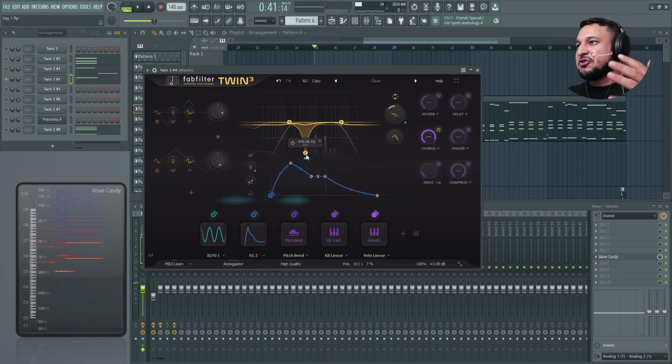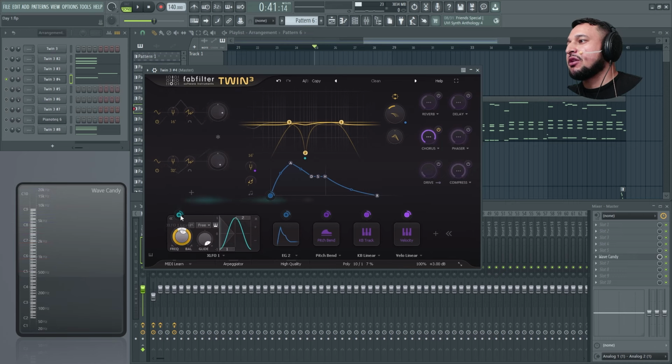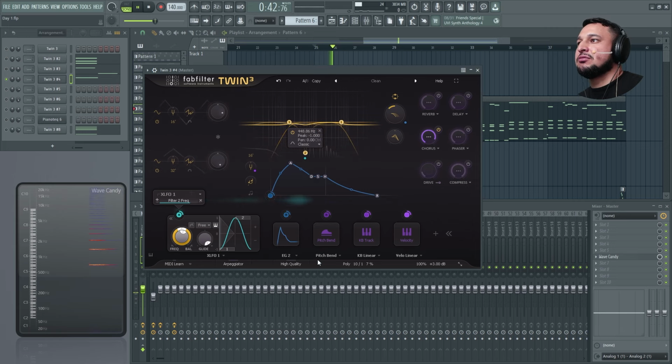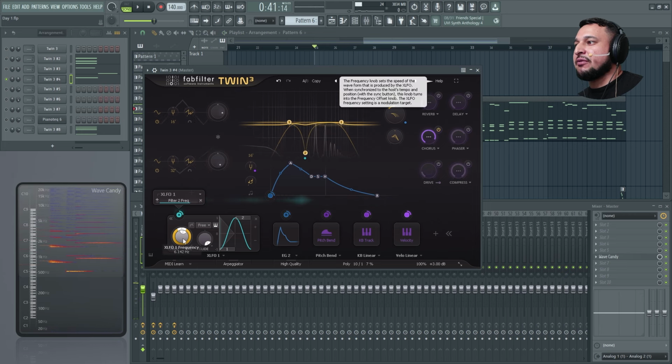So I want to create this tremolo effect with an LFO. So I went ahead and I modulated the second filter right here. So it's a band reject, or it's a notch. That's instead of going positive, it's going negative right there. So it's doing a cut. If I slow down that frequency,